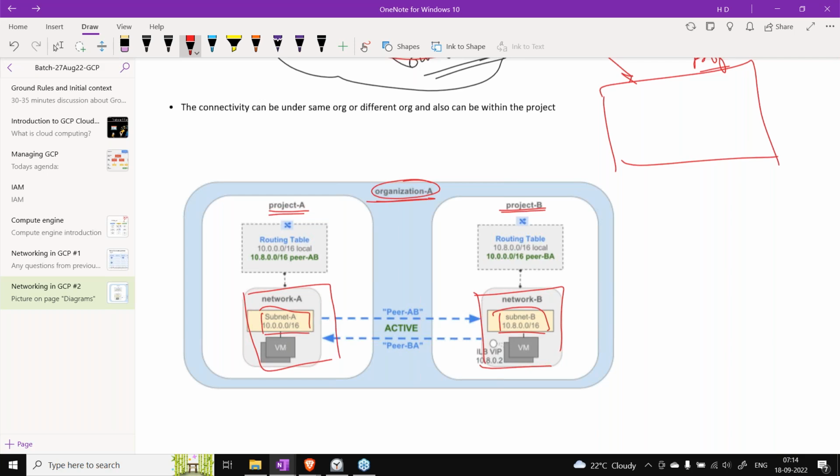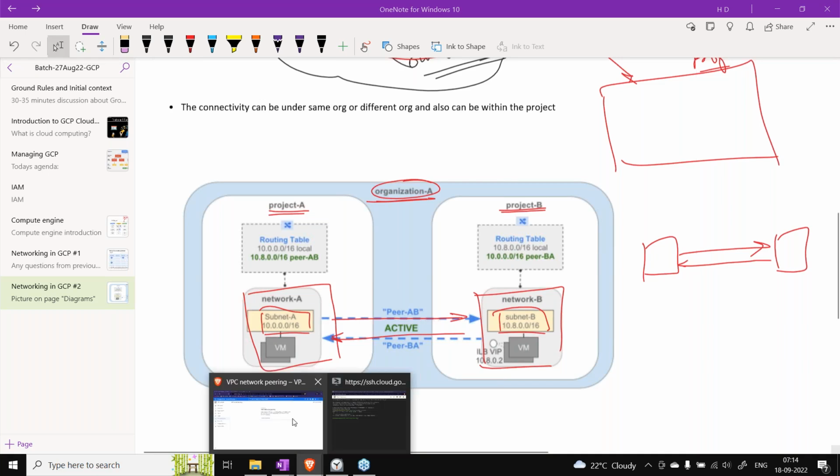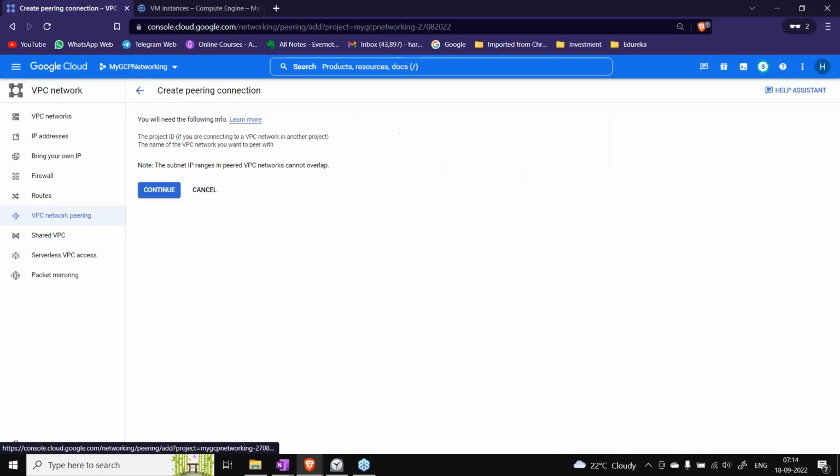If we are making a peering, that seems to be both ways in this diagram. So we have to create two peers. To create one peering between two VPCs, you need to create two connections, like this. So this is one, this is two. If you do it only one way, it will not work. You have to make it the other way around as well, and that is where your peering will get activated. So let's see that as well. Let's create a connection.